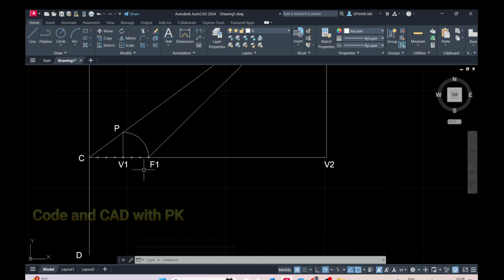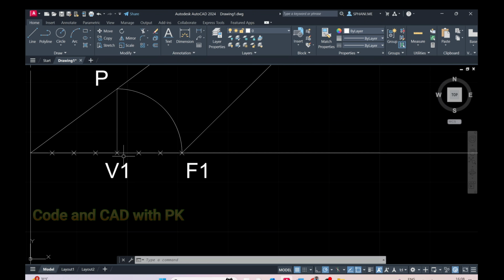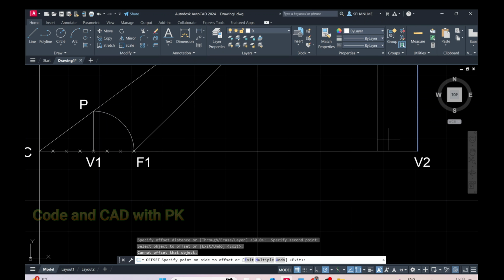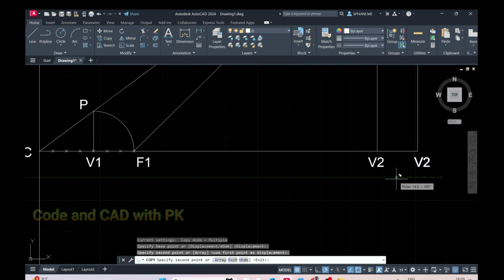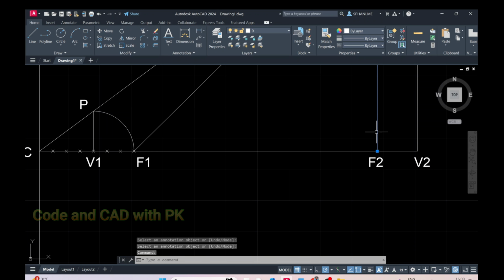For that, what is the distance between this point to this point? So by using the command offset, O enter, specify distance. From this point to this point distance, select this line to this line, enter, copy this V2, copy and move here, edit this one as F2, remove this line,